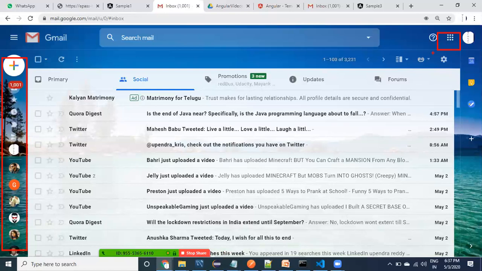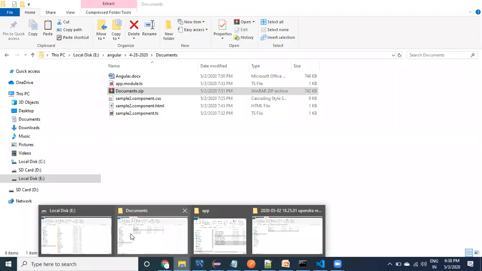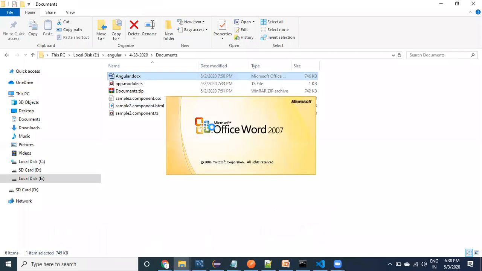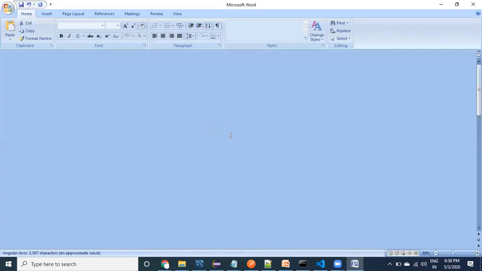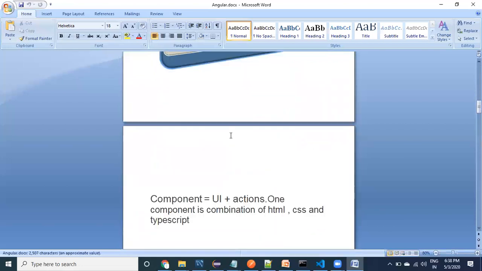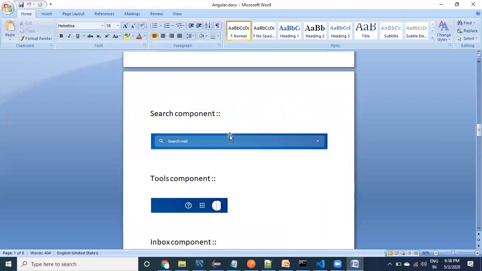Finally, let us open our document. I have given you one example, the Gmail example, where each piece I have divided is one component.